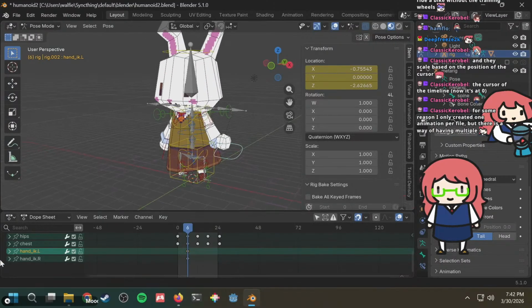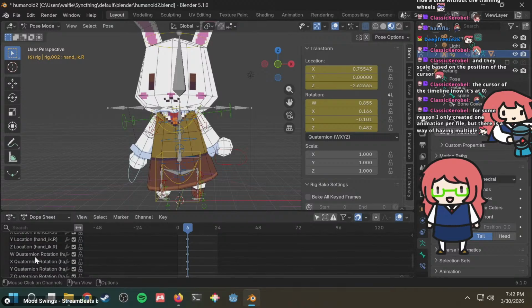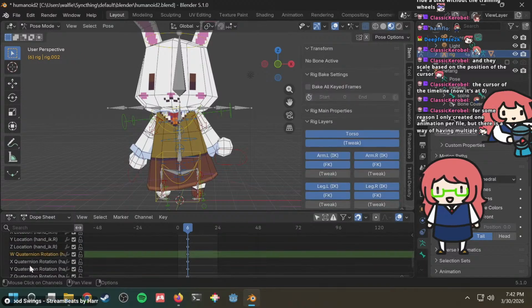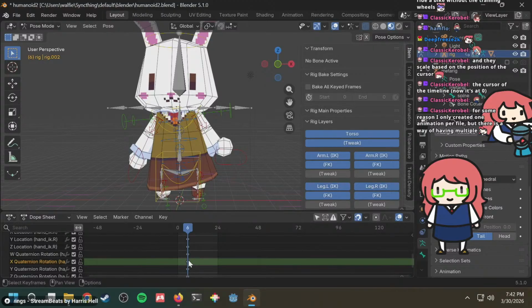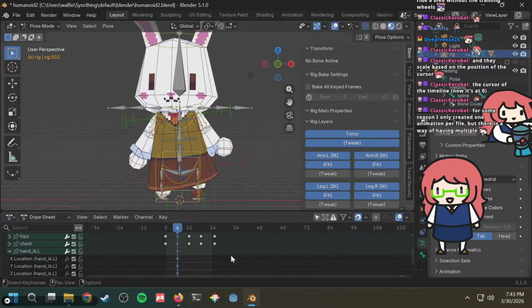How do I make this? Like, what property controls this rotation? And why is it not copied? I would assume it would be the quaternion rotation, but it's not being applied for some reason. Okay, what if I copy all of this and then I go here and then paste it?